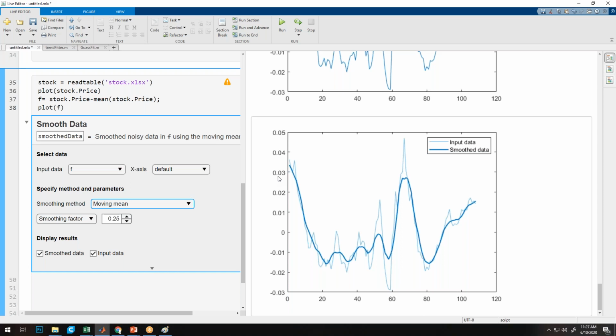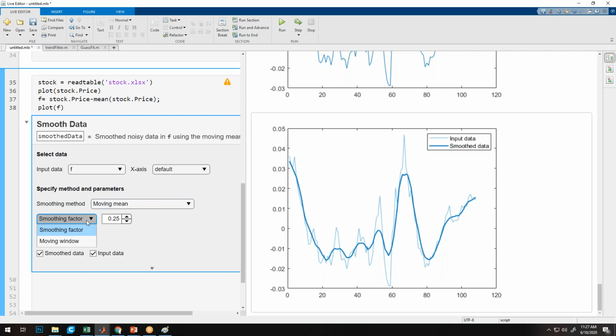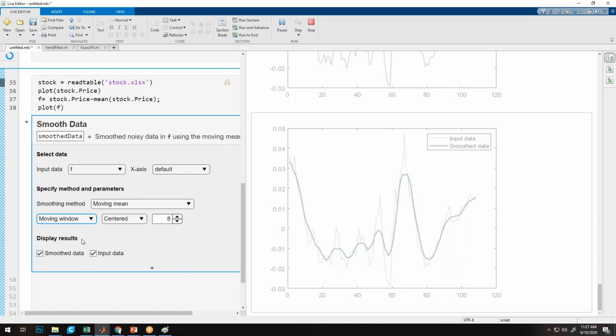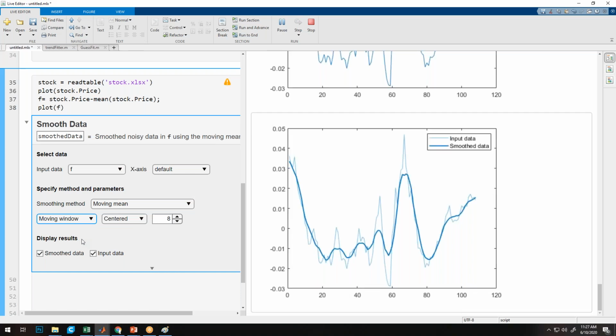It just eliminates the noise, the unwanted spikes, and gives you a better trend, like how things are going. Here we have a smoothing factor. Smoothing factor again is divided into a moving window. In a moving window, it has a fixed length, and that window size just cascades in the x direction, kind of row-wise.